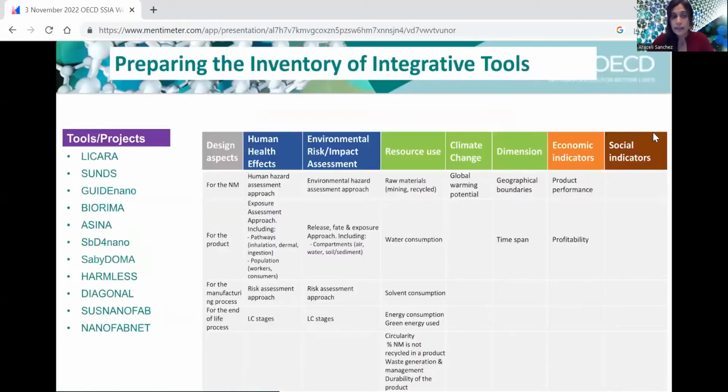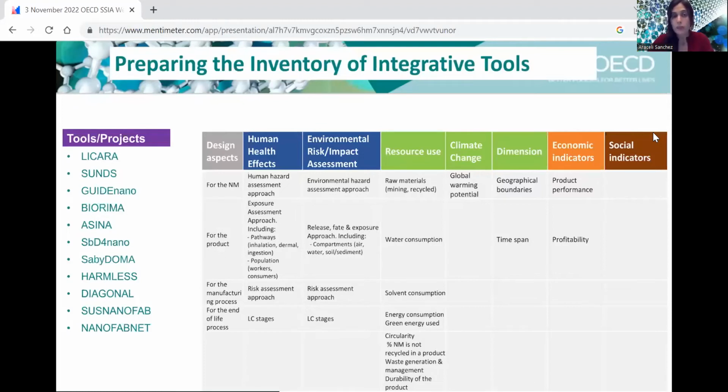So you can see here already a list of tools that we have compiled on the left. Some include the name of the tool, and some refer just to the project that is elaborating that tool. And on the right, you can see the different aspects that we will describe for each dimension. So in relation to the design aspect, we'll explain how the tool helps on the design of the nanomaterial, the